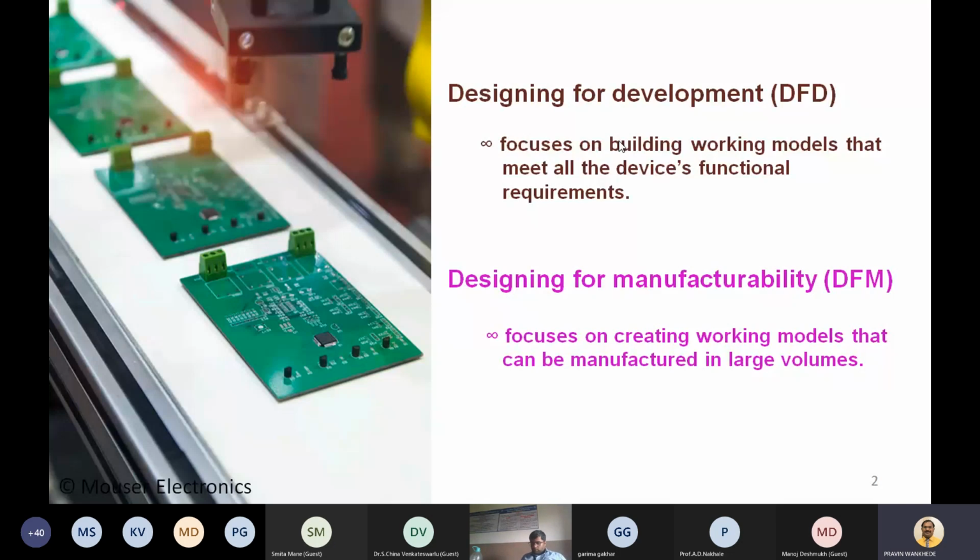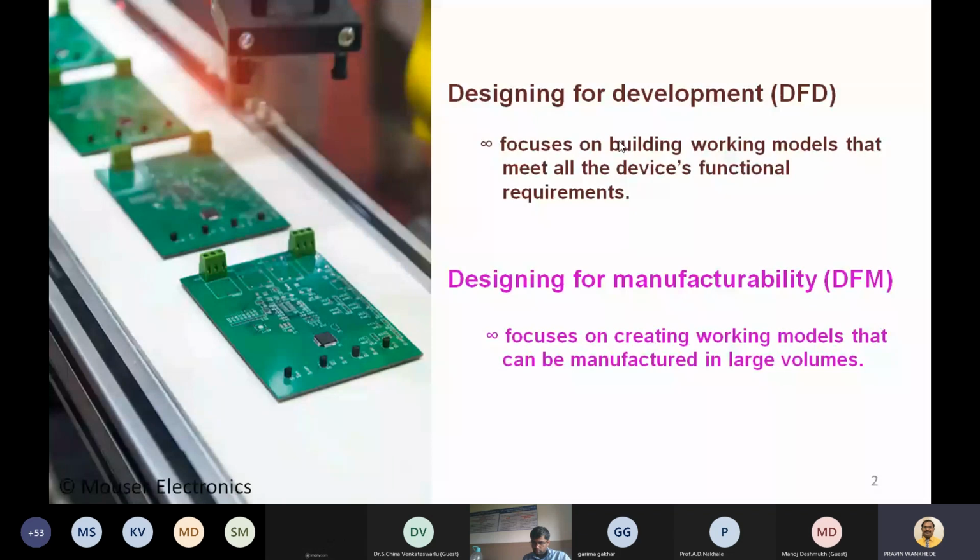So we are not going to think about whether the controller is required for manufacturing, or whether that controller is readily available to manufacturers. We will not think about all those things. Whatever controller board is available with you, it may be a simple Arduino board, or any IoT board that you have, you start working with it, and then you convert your idea into a prototype.